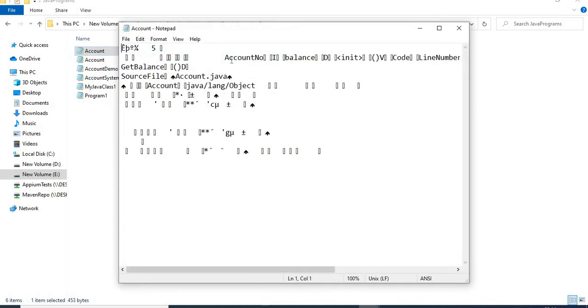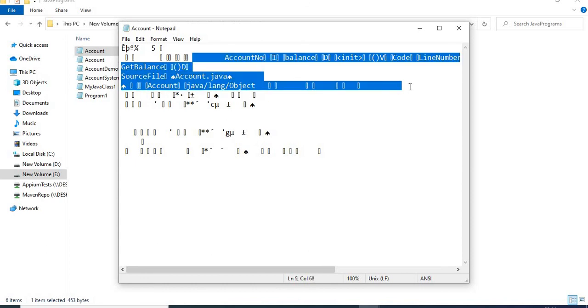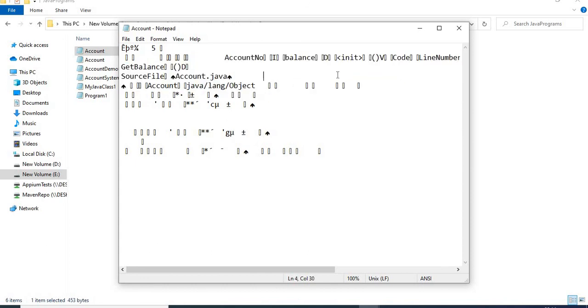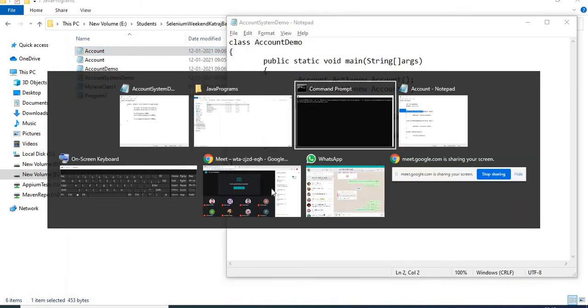This is that language, and this language is called bytecode. Now this is called an intermediary language. Why is it intermediary? Because you can see we are not able to understand what is written here, so it is not in a higher level language. And also it is not yet the processor's native instruction set which the processor would be able to understand. So it is neither higher level nor lower level. Hence it is called an intermediate language, a language which is in between higher and lower, right? Now when you run the program, now this is very important.